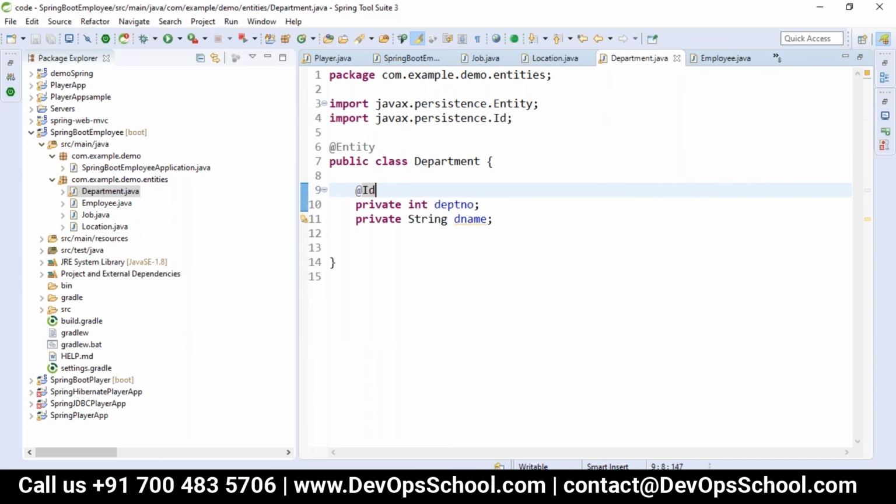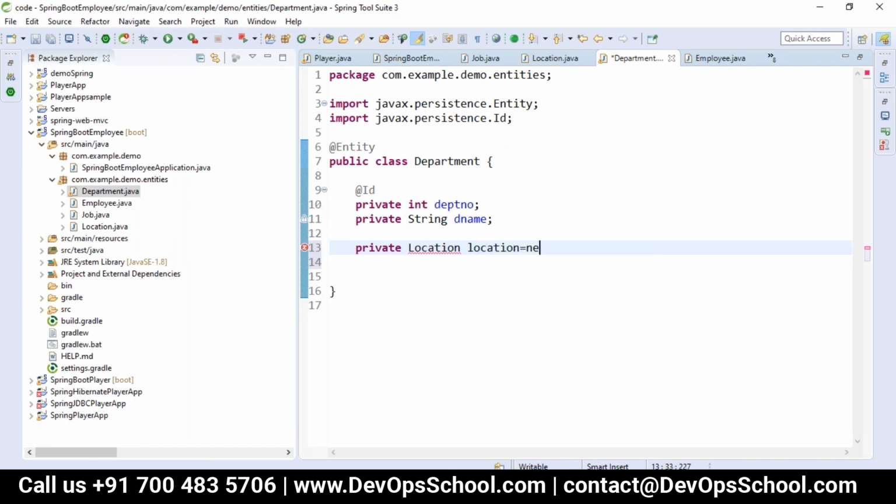So we have to decide where you want to take care of the relation. Should the department relation be present in location, or the location details be present in the department? We want the location details to be present in the department. So what we can do here is just private location equals location.